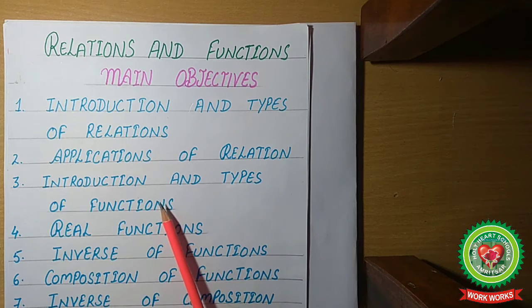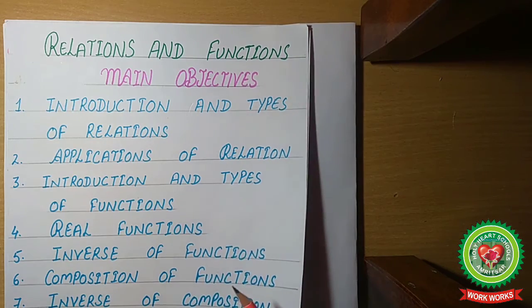In our previous session, we covered what a function is and what the main types of functions are. From the types of function, one very important type is the real functions. Today we will discuss what real functions are, some standard real functions, and how we can find out whether a real function is one-one and onto.